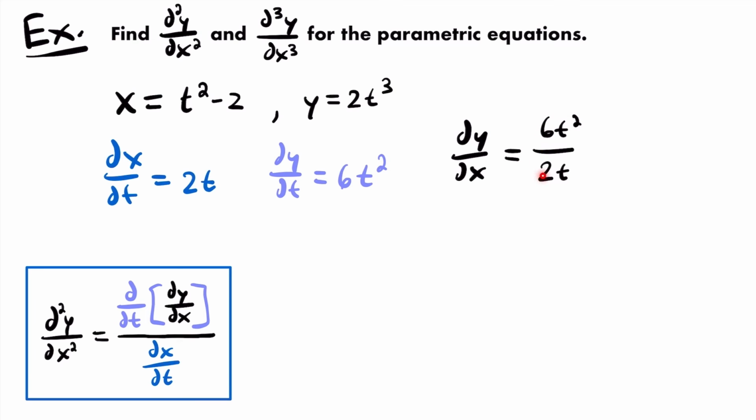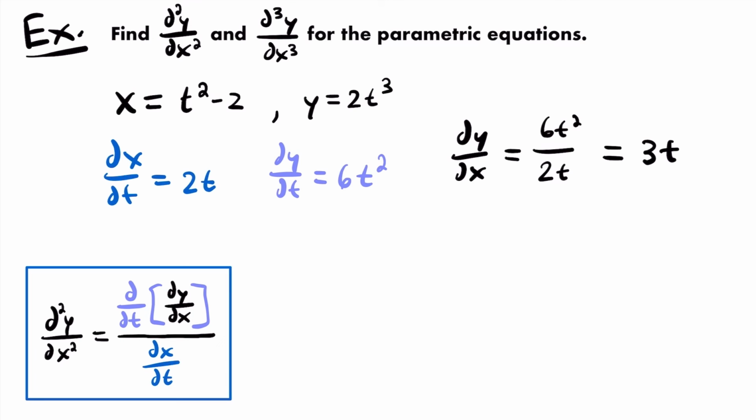6 divided by 2 is 3, and t squared divided by t is just t, right? So this would be equal to 3t. 6 divided by 2 is 3, and this t will cancel out with one of those t's. And so, now that we have our first derivative in its simplest form, let's use it to find our second